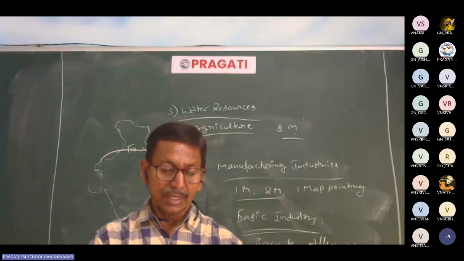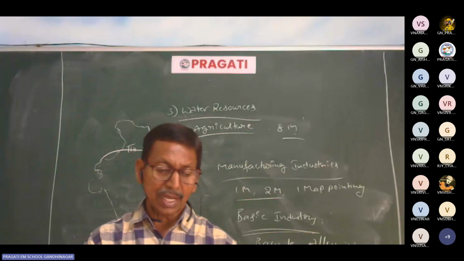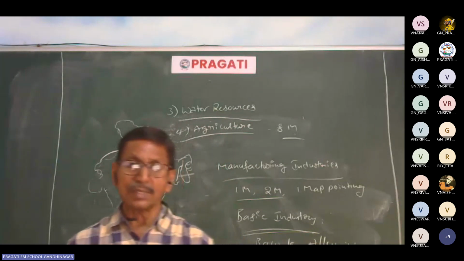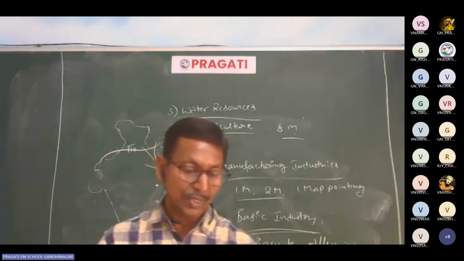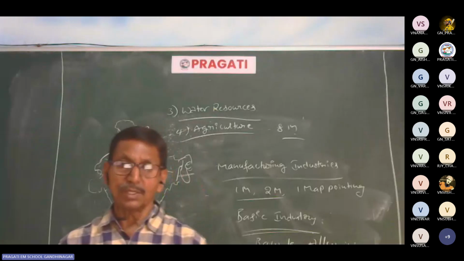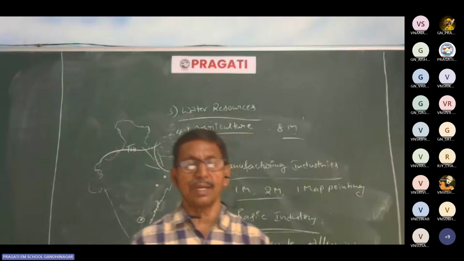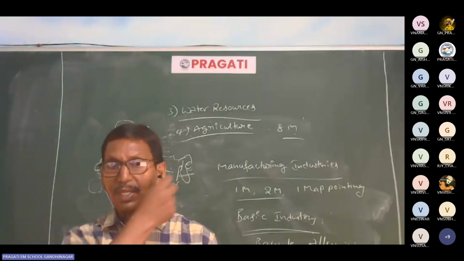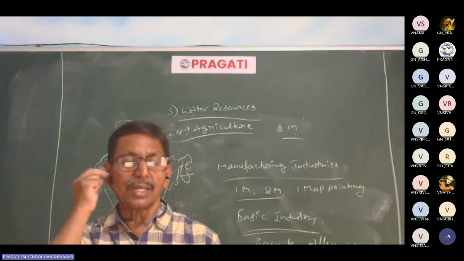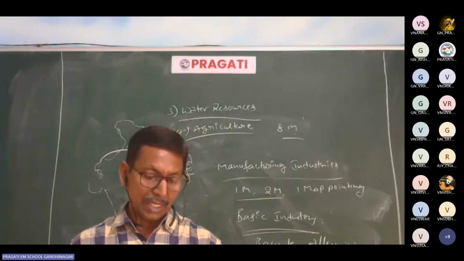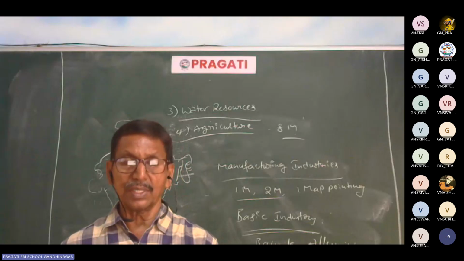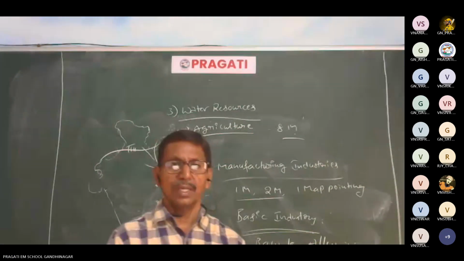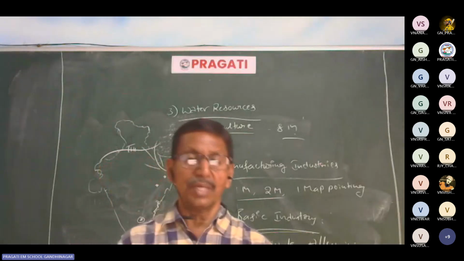Here, read the following extract and answer the given questions. Basic or key industries, agro-based industries, cottage industries. Of course, small scale industries are called cottage industries. The industries which can be started nearby our home are called cottage industries. Okay, heavy industries. Of course, these depend on capital investment. Heavy industries: iron and steel is a heavy industry.